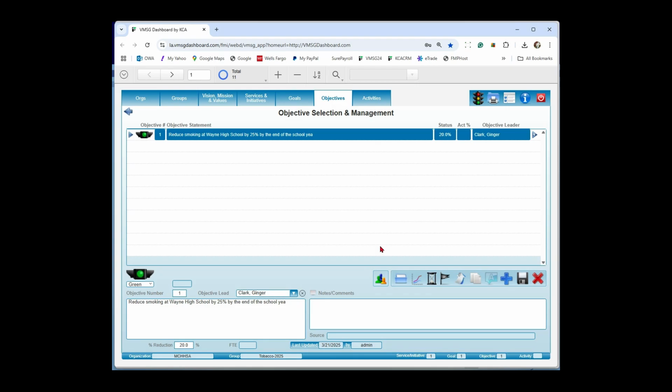Anytime Ginger makes a change to anything over here, so the percent, the traffic light, the actual objective itself, she might want to put a note in here. Two ways you can do that. You can just click on here and start typing, or if you wanted to put a time and date stamp on there, you can click this little button right here. Puts a date, a time, and in this case, it would normally say Fred Erickson, but I'm on a different login here. So I'm going to go in and say,